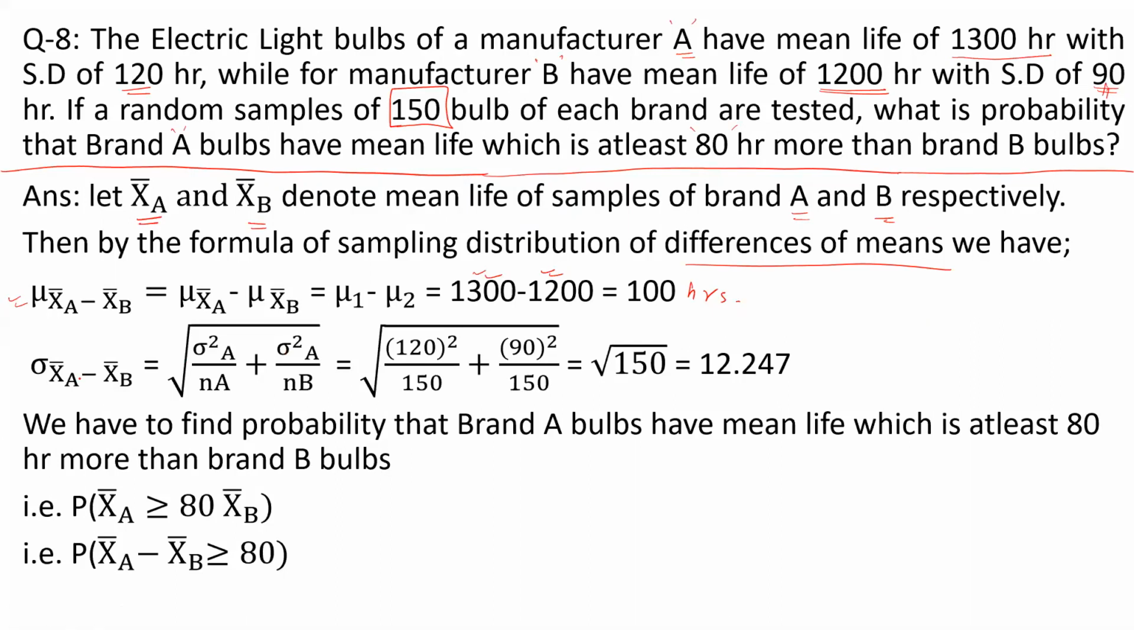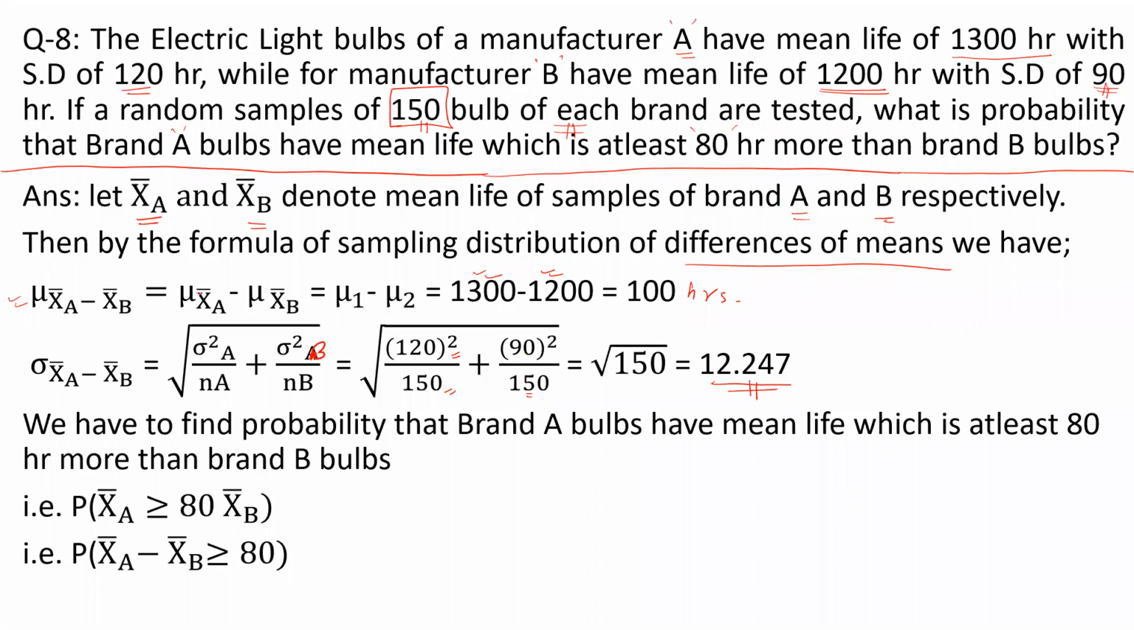So standard deviation also we have the formula, which is sigma 1 square by n1 plus sigma 2 square by n2. This will be for brand B bulb. So sigma square means, but they have given standard deviation, so we have to just square this up. So we have taken 120 square by 150. Both N1 and N2 have the same sample size, so 150 is for each brand. So this is also 150. So 120 square by 150 plus brand B bulb has standard deviation of 90, so this will be 90 square by 150. So when you calculate, you will get